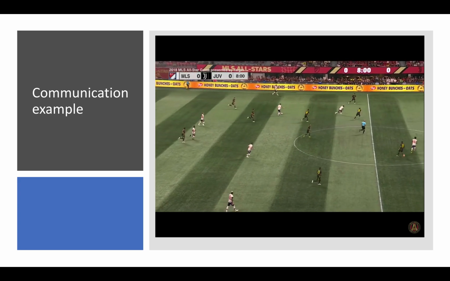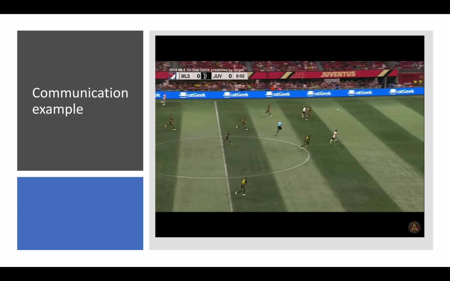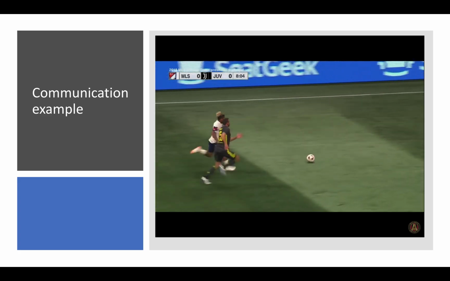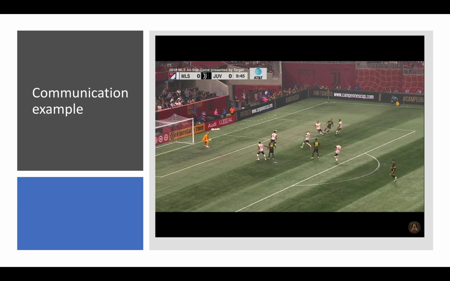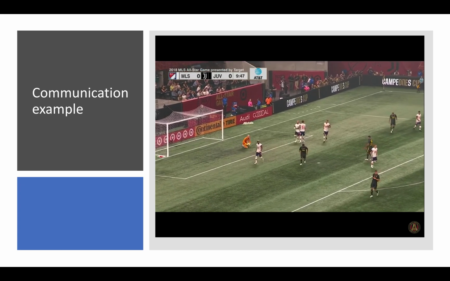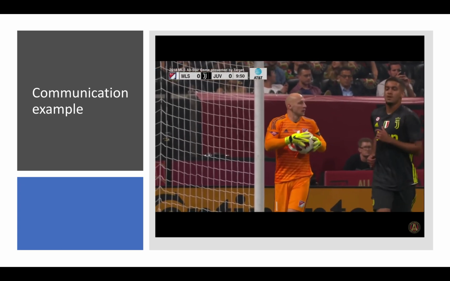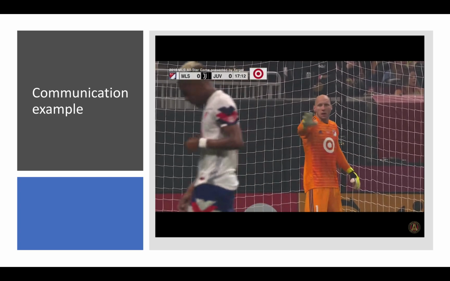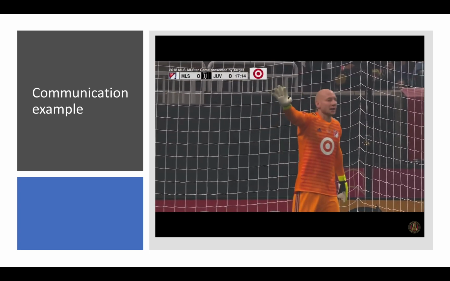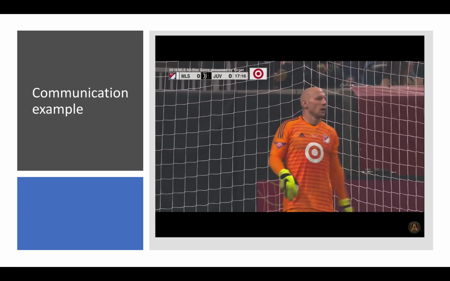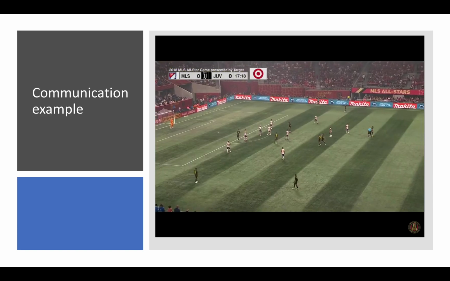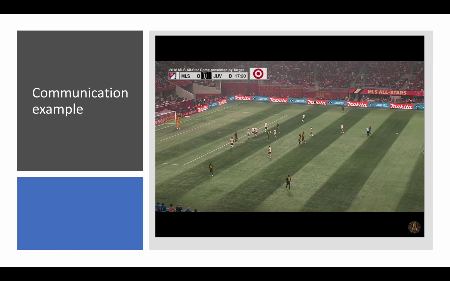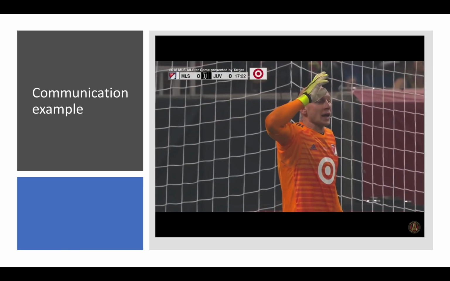Up we go, up we go. Martinez on the move. And the first save of the night. Hey, Mario! Stay. Francisco, right.